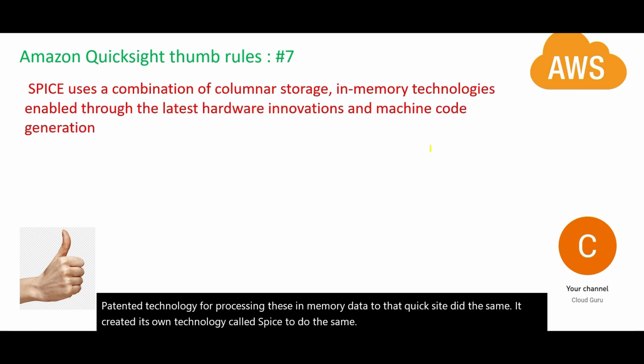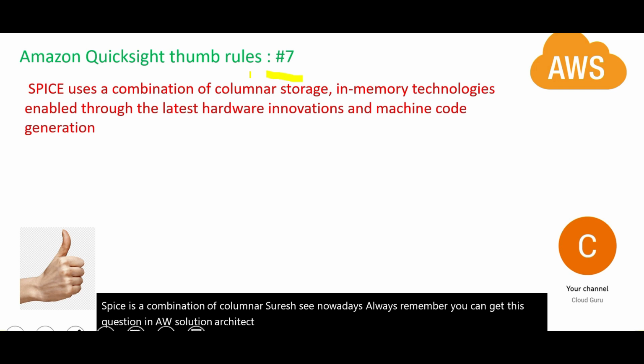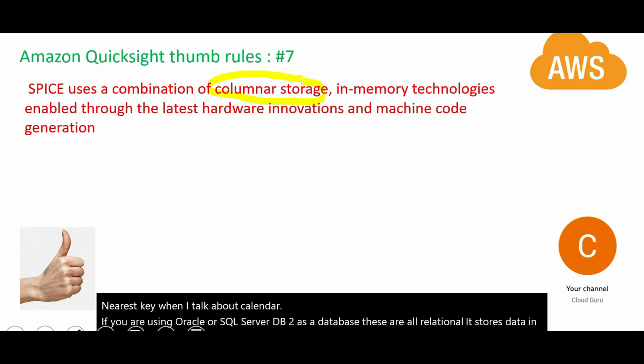SPICE is a combination of columnar storage and more. So always remember, you can get this question in an AWS Solution Architect exam. Columnar is the key. When I talk about columnar, if you are using Oracle or SQL Server or DB2 as a database, these are all relational databases. They store data in row format, okay? But